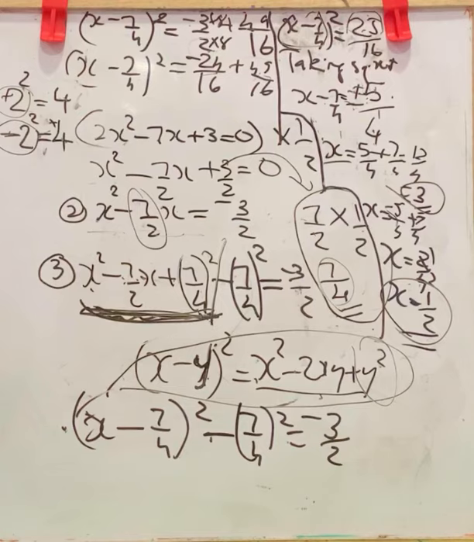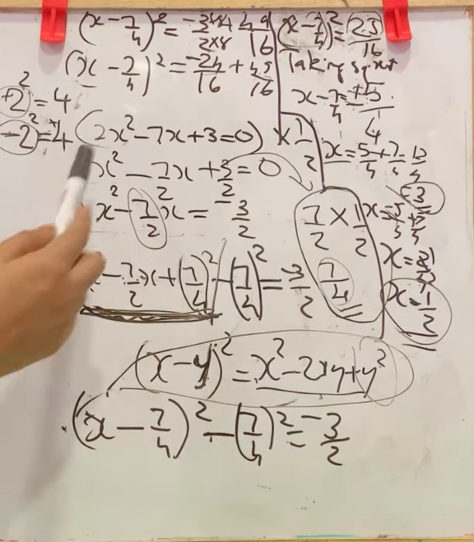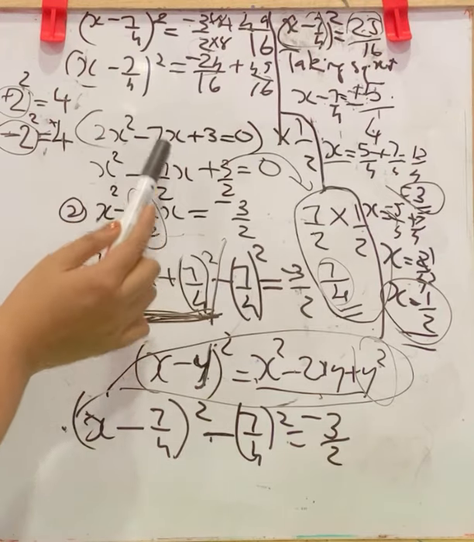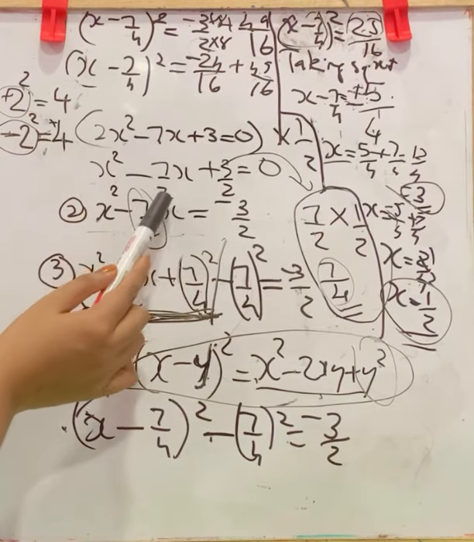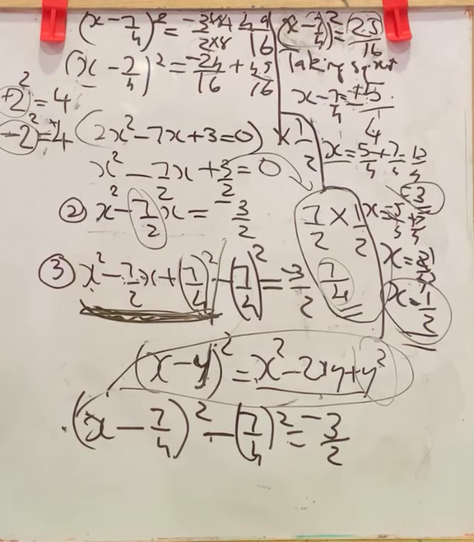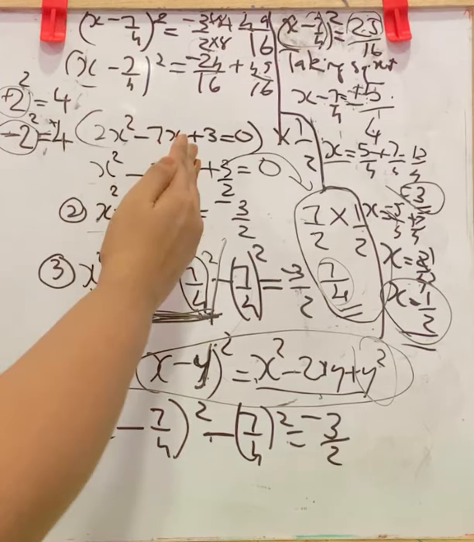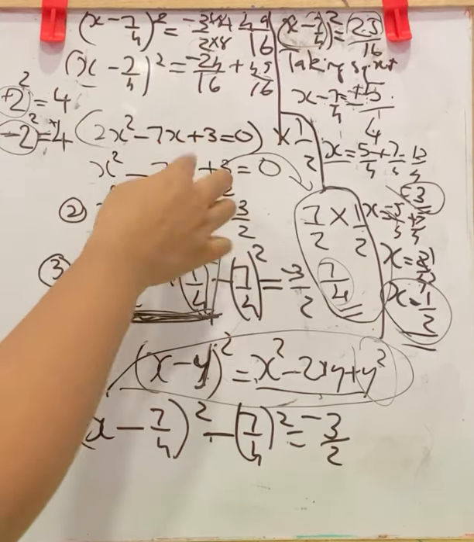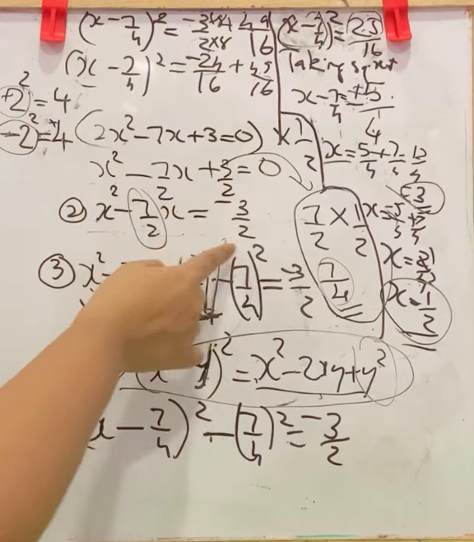Here it was 2, so you multiplied with 1 by 2 for the whole equation, and this 2 gets cancelled, but here this 7 becomes 7 by 2, 3 becomes 3 by 2, and 0 becomes 0 by 2. 0 by 2 is 0. Now the next step, that is the first step. Next step is you want to take the constant term to RHS, then it becomes like this.